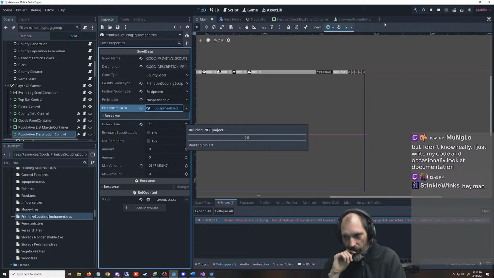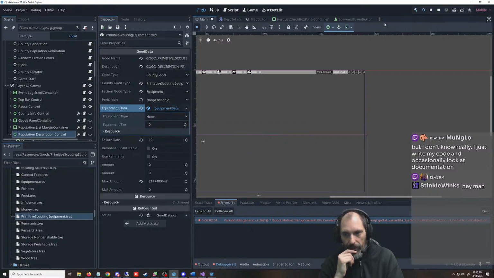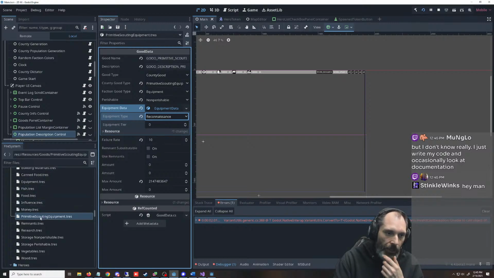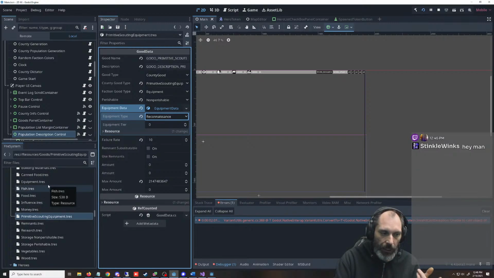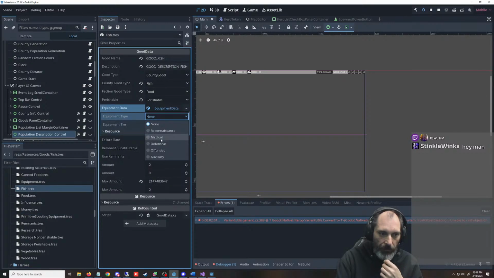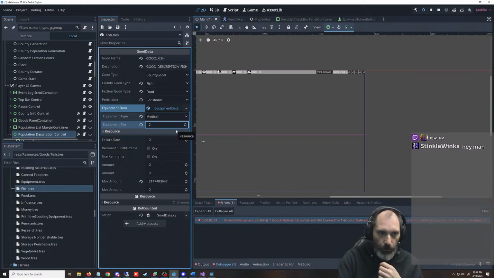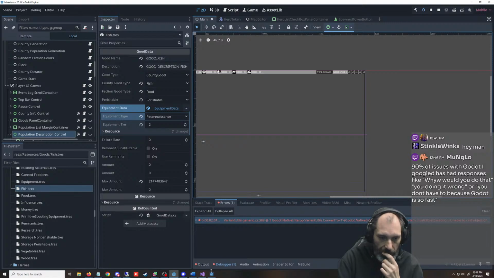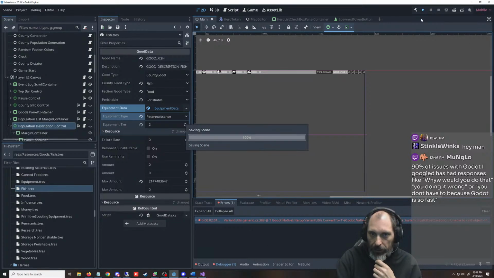I forgot my export there. Let's build this one more time. We're gonna get this going here. All right, now there we go. So this is our reconnaissance equipment. We're gonna put this at tier 1. I don't know why I struggled with this. I've done this 500 times. We are in primitive scouting equipment. Then we're gonna do another test one. What was I using? Fish. I think I was making fish a medical, and we'll put it at tier 2. Oh, actually, we need to have it on reconnaissance equipment for our test. Did this bug happen again, or was that the old bug?